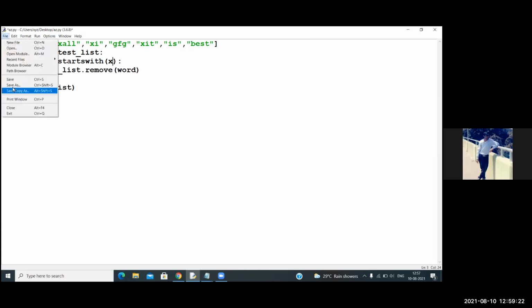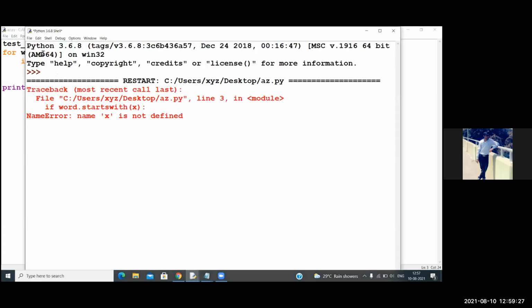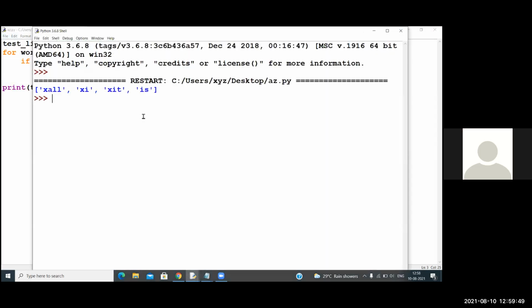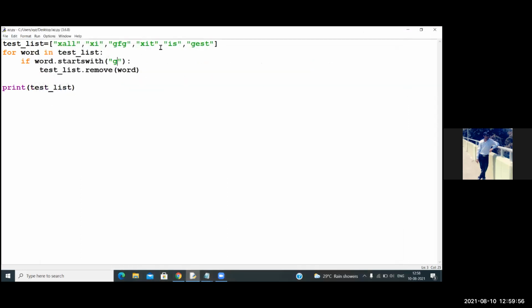Wait a minute, let me do it. So we are not using this pref X as a variable, right?